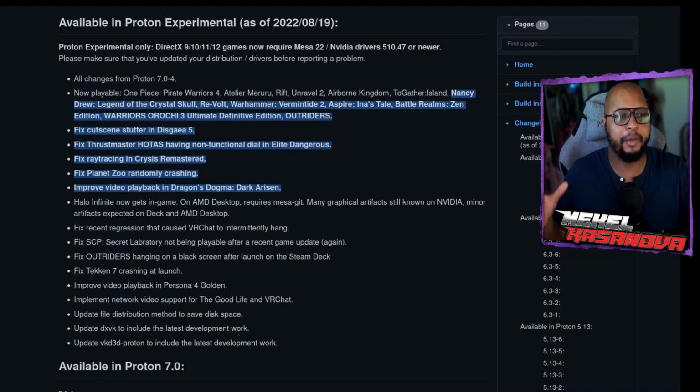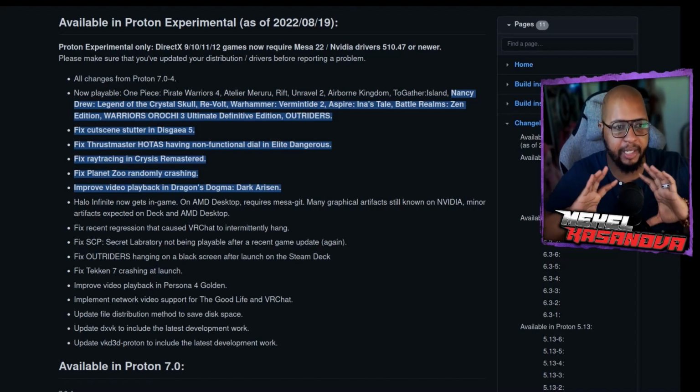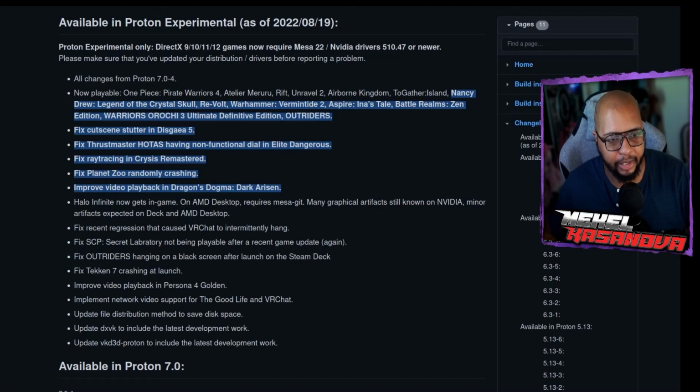so on AMD desktop, it requires Mesa Git. Do keep in mind, this is not just for Steam Deck, but for Proton in general, so for Linux gaming in general. So it requires Mesa Git, many graphical artifacts are still known on NVIDIA, minor artifacts are expected on Deck and AMD desktops. They also fixed a recent regression that caused VRChat to intermittently hang, fixed SCP: Secret Laboratory not being playable after a recent